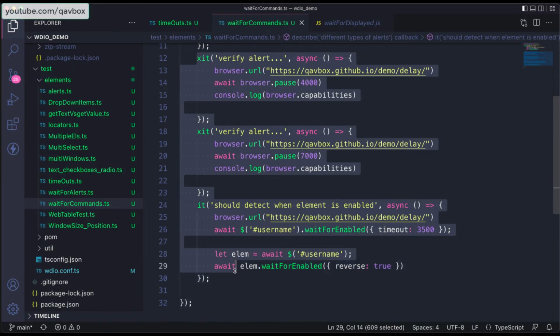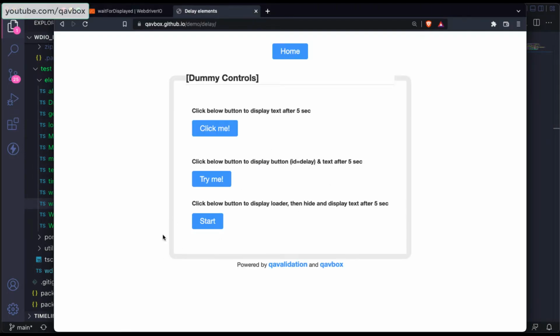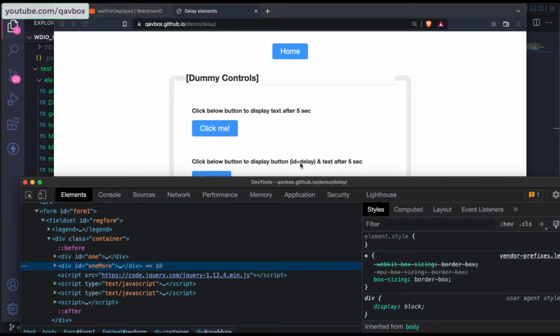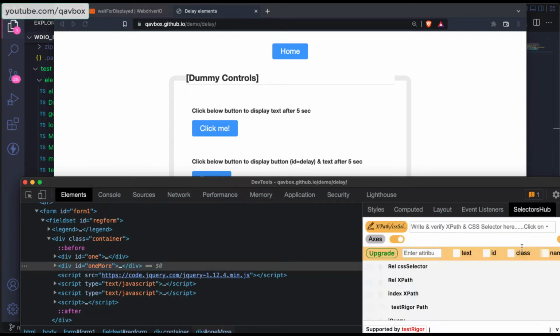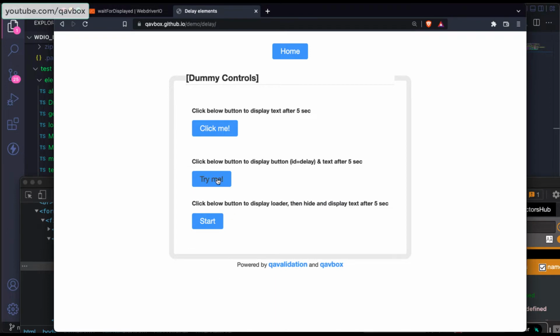Okay, so think about here, if I go to this particular web page, you can see there is an id equal to delay. It is not present at this moment. I'll show you that as well. Let's say I'm taking the delay CSS selector, and you can see 0 elements matching. Here the concept is, when you click on this try me button, this element will appear